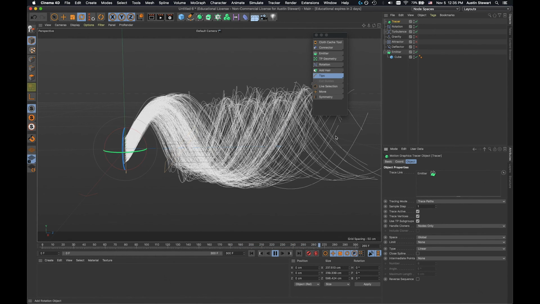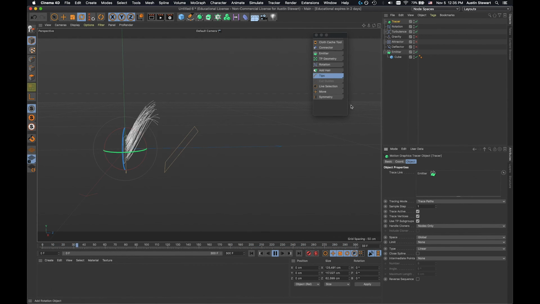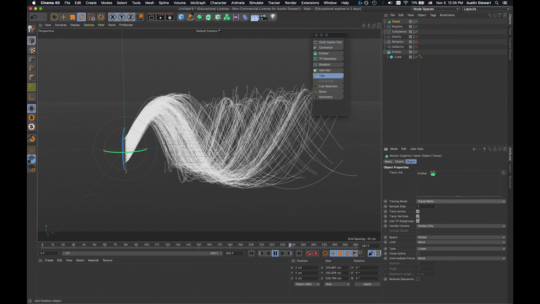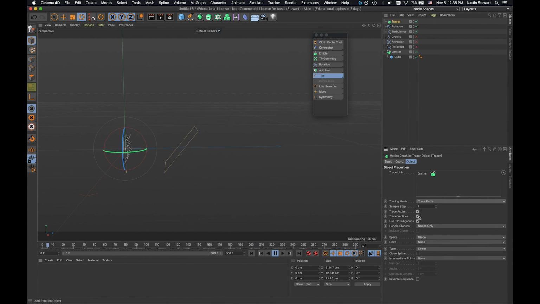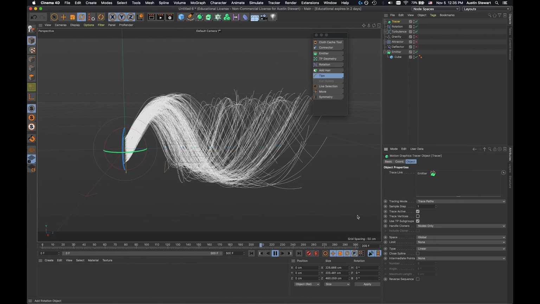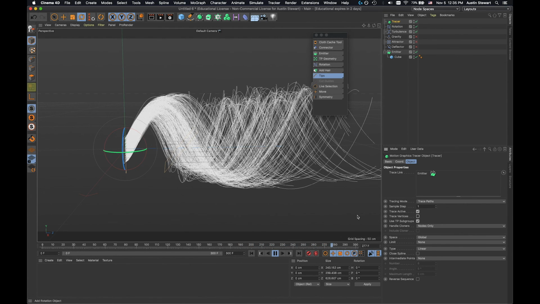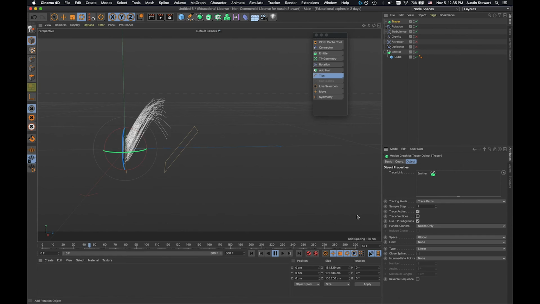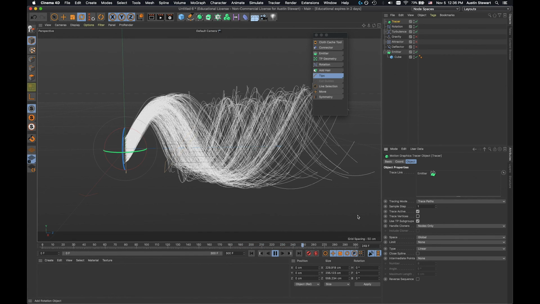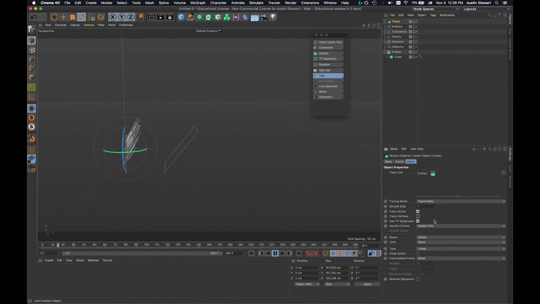So there's a couple things we need to change though. So first, this tracing mode says trace paths. We want that to stay. What we do want to make sure we do is uncheck trace vertices. What trace vertices does is it actually traces every single vertex on your object as it moves through space. And when you have, say, 100 objects and each one has like 100 vertices, that becomes really problematic. So we're going to uncheck that. And then